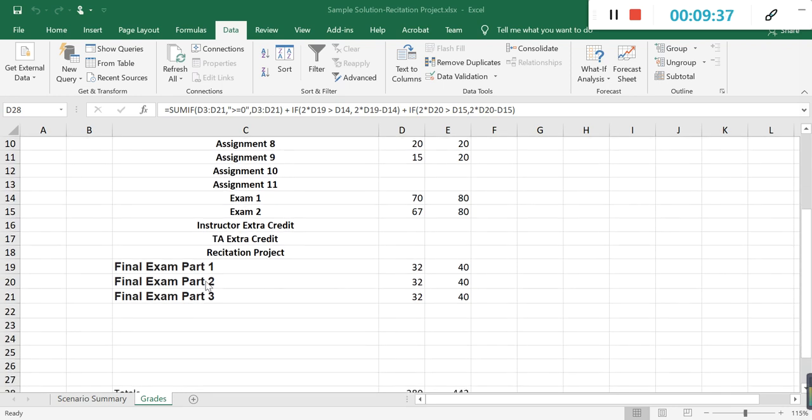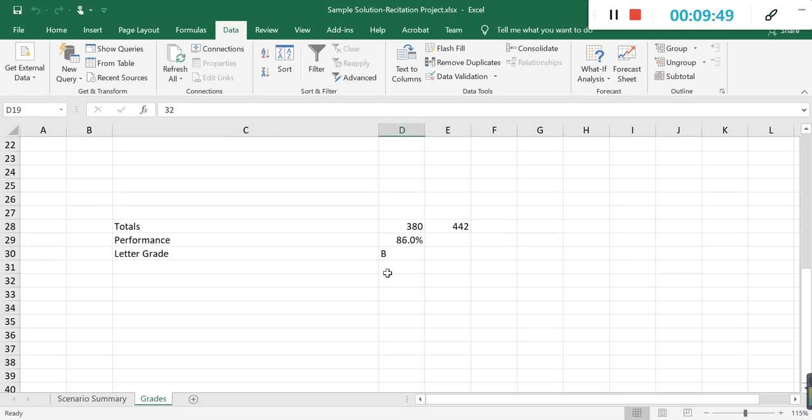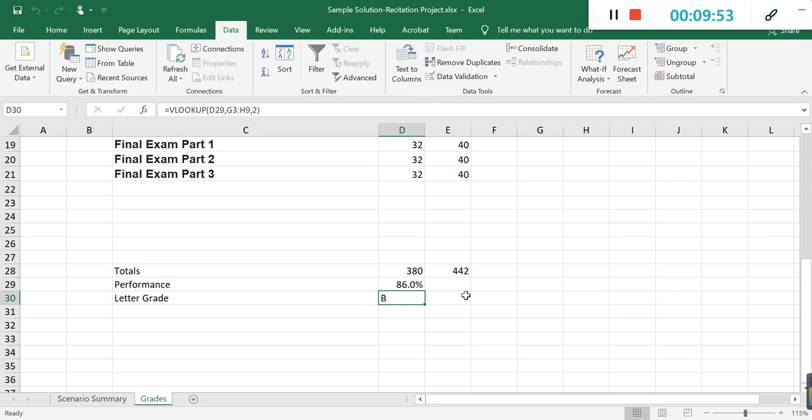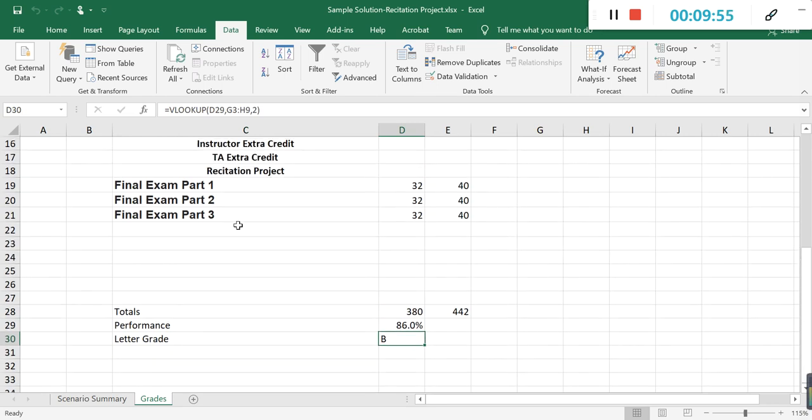For example, so now the grade for final exam part 1 is just 32. If we change this grade to 38 or 40, I believe that the letter grade will be promoted to at least B plus or A. Okay, so this is what if analysis. The way we do the what if analysis is very simple. So first we need to click